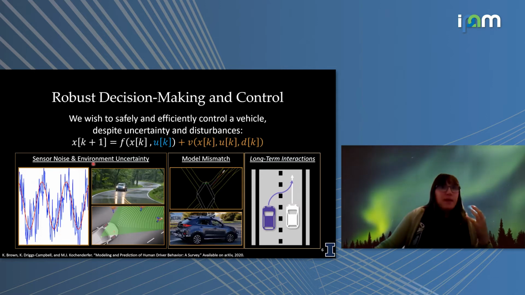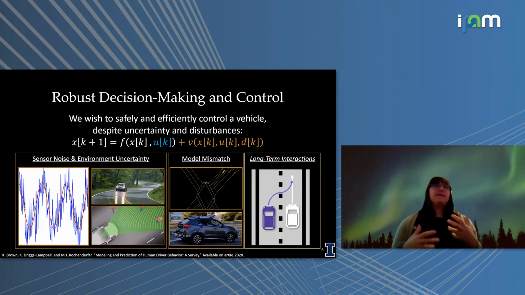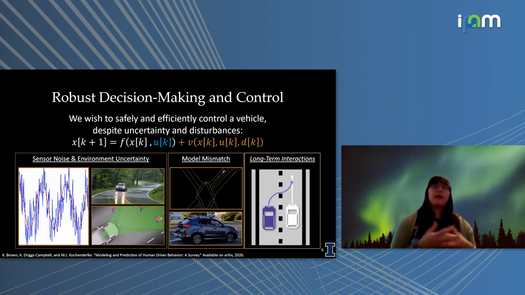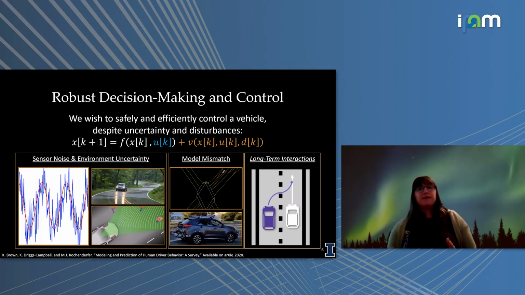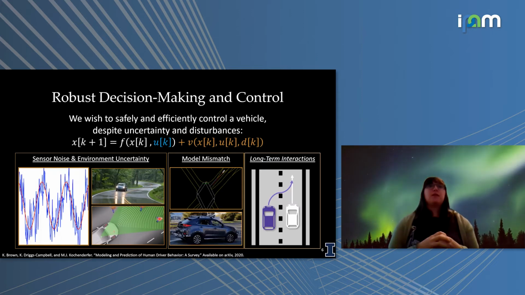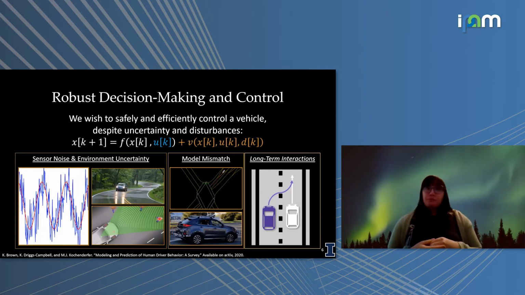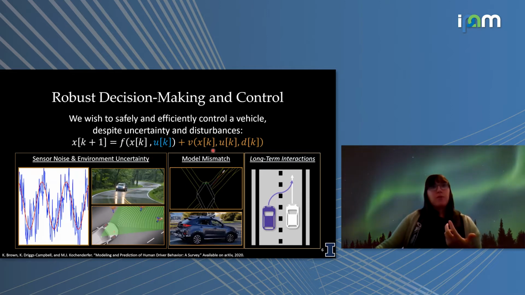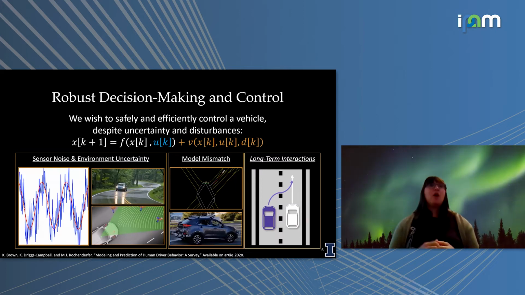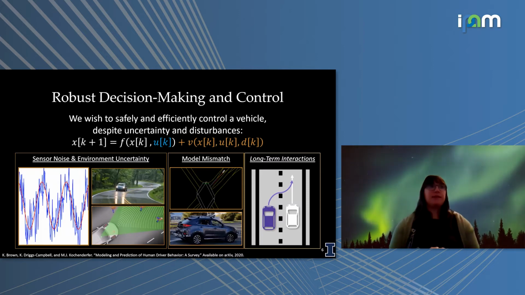So while these sorts of methods are often a little bit more on the reactive side, and tend to just think about one-step or few-step safety and robustness, as we start thinking about interactions between different agents, we really need to think about how we can capture these longer-term interactions. And usually this doesn't necessarily fall directly into this robust control framework. So often what we do is try and think about how we can specifically model these interactions, or how we can develop good predictive models that we can then design controllers around.